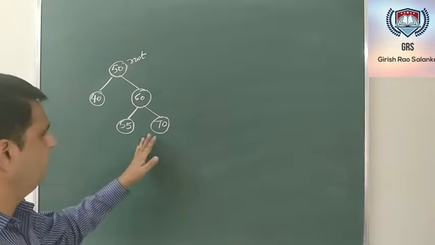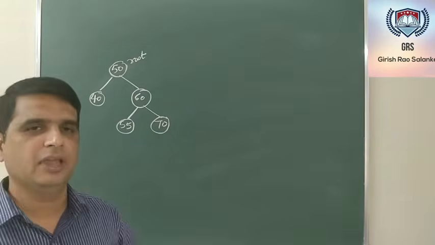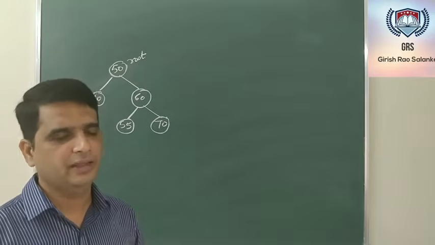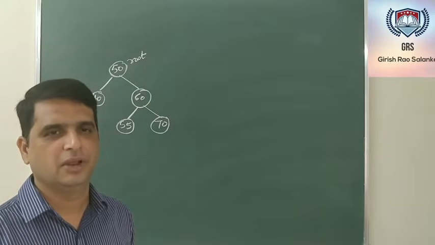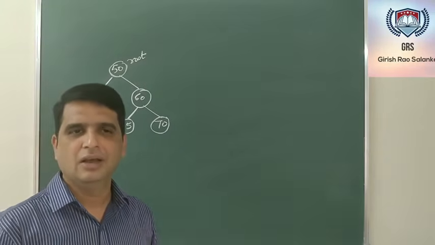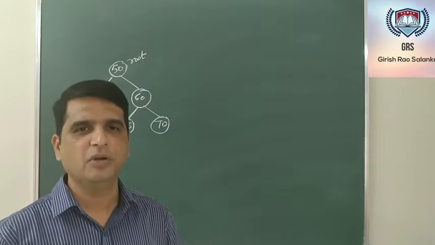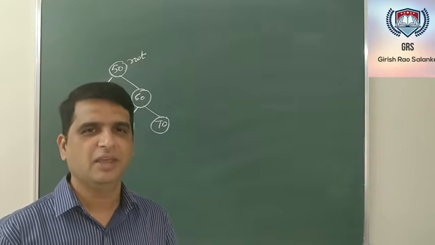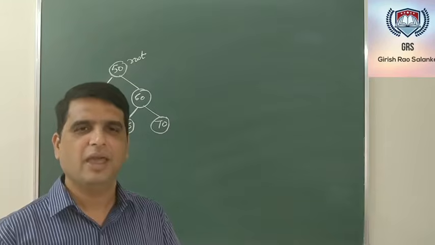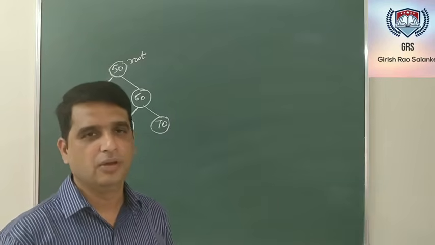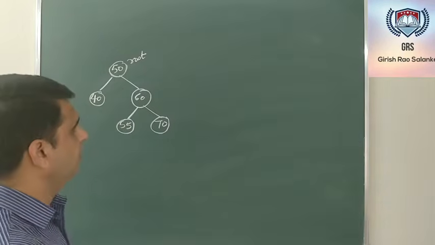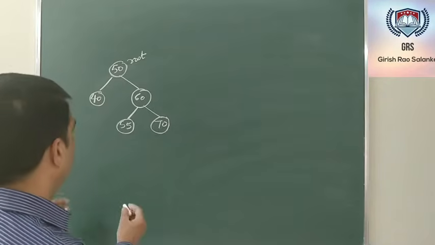To delete any of the leaf nodes, just keep searching that particular key, and then you can perform the deletion operation. So deletion of leaf nodes in a binary search tree is quite easy. Perform a recursive search, and then delete the leaf node. Only challenging things are, say for example,